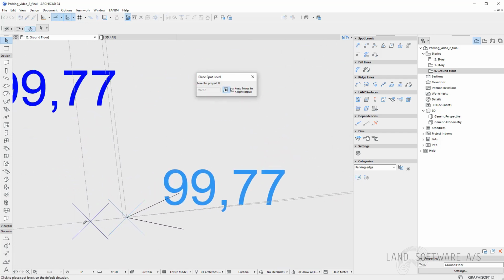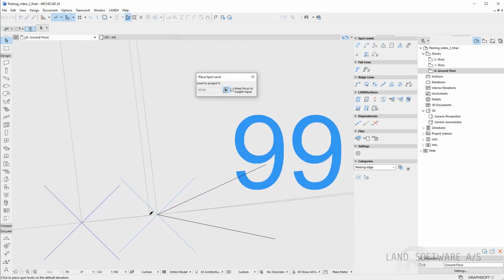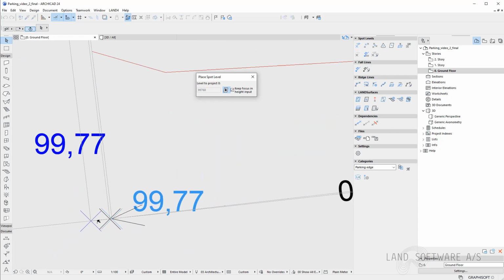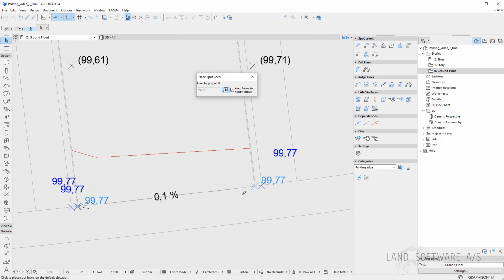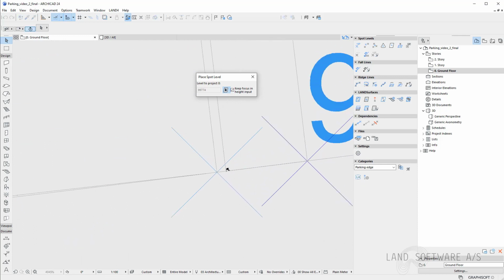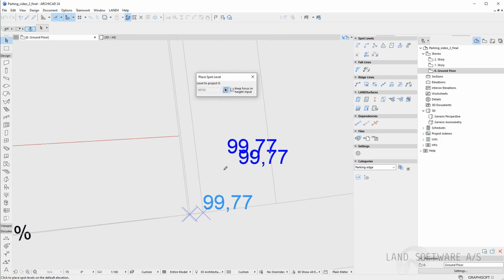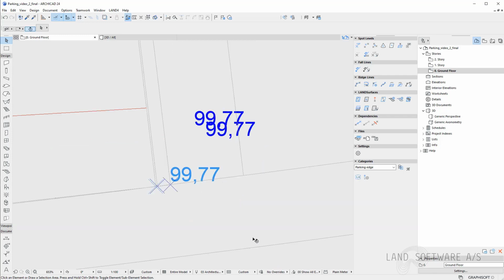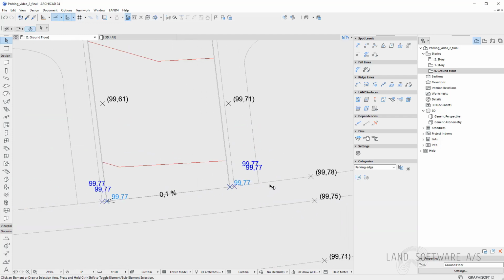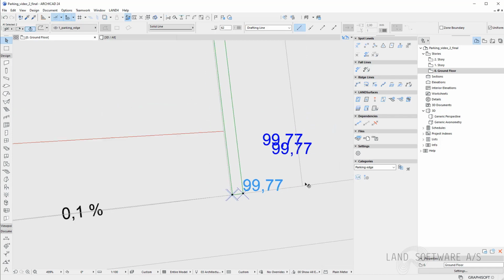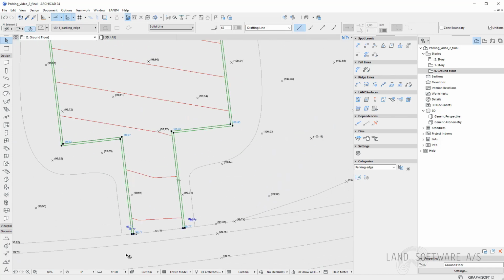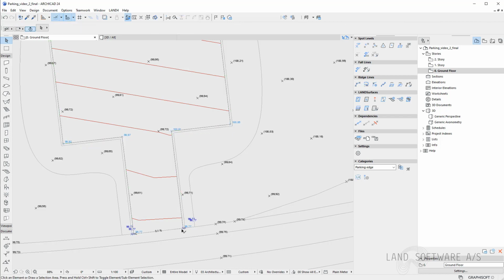Because my parking edge is defined by these two lines, I have to make sure I have them placed in the right location for both. So now I'm done defining the spot levels for the parking edge at the intersection with the road. And I will have to continue and place them along the parking.